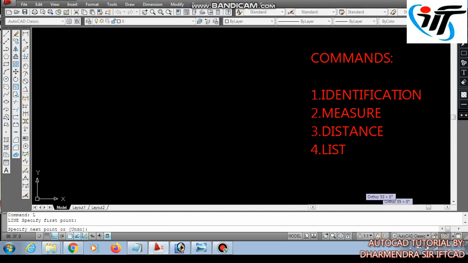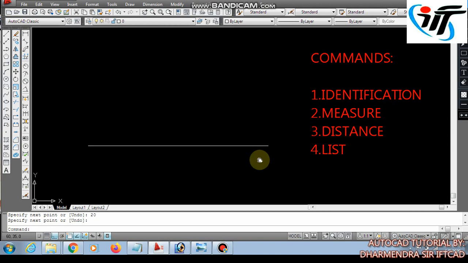Let us draw a line once again of 20 units. Now this is a line whose length is 20 mm. Now I am going to measure the line using the ME command. ME enter, select object to measure.